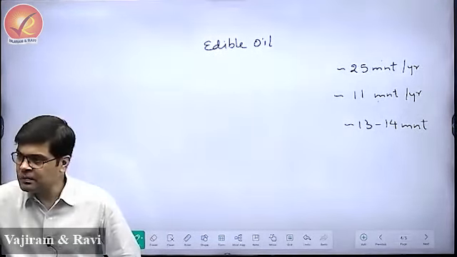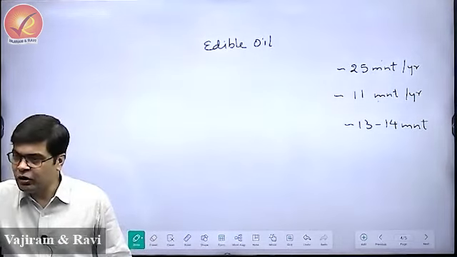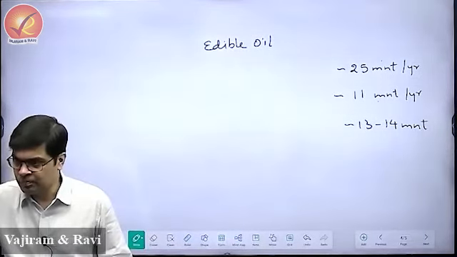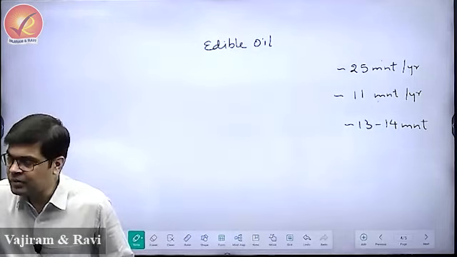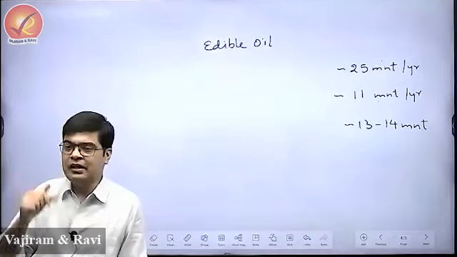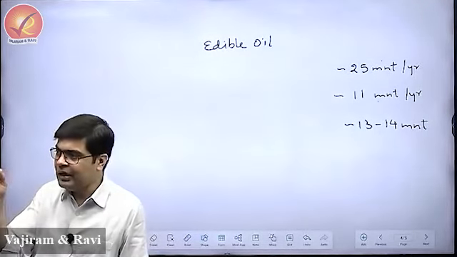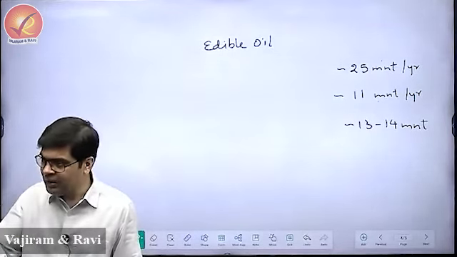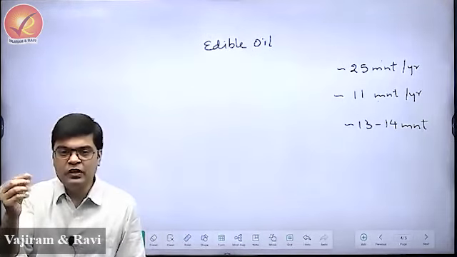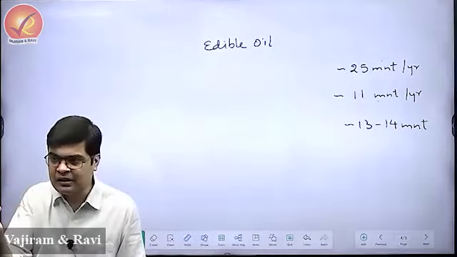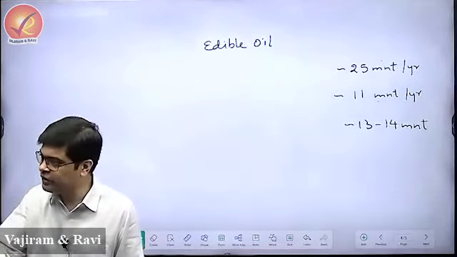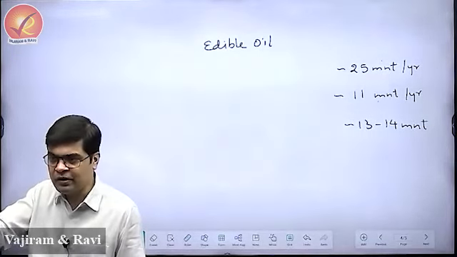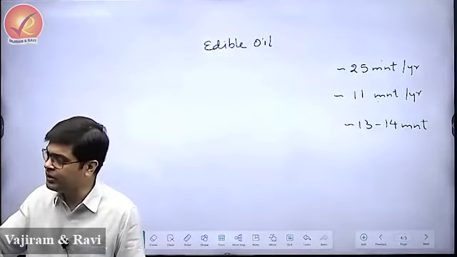And simple reason is that after 1991 economic liberalization, per capita income of the people in the country has increased. Now, hypothetical example, I'm a poor person in Delhi. If I'm earning, let's say, only 10,000 rupees a month in an area like Delhi, then if I look at my diet, my diet will be heavily loaded with cereals. I will consume chapati with some salt. I will consume salted rice. My diet will have more of cereals, less of proteins, less of fats, and less of those high value items.